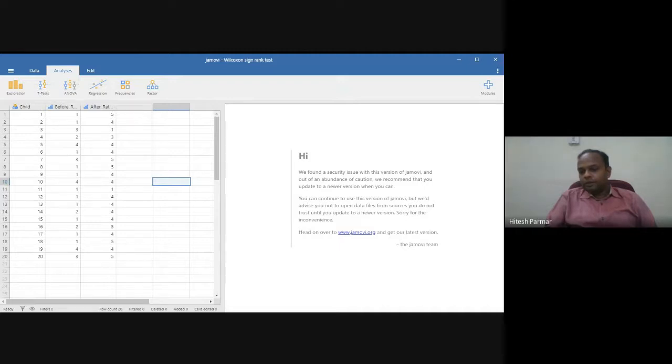Sripad Gaikwad, Ashok Shelke, please ask your question. You have raised your hand, that is why I am asking. Ashok Shelke, Sripad Gaikwad, any question?